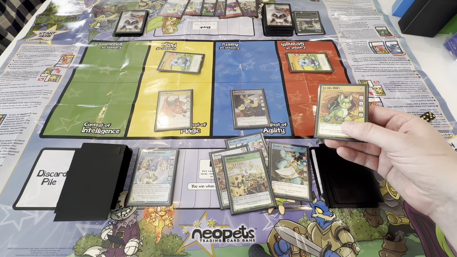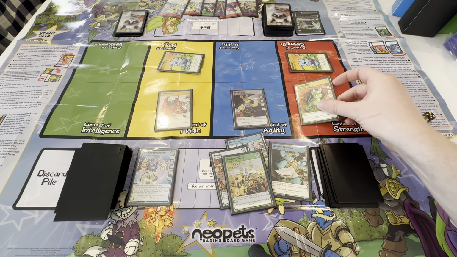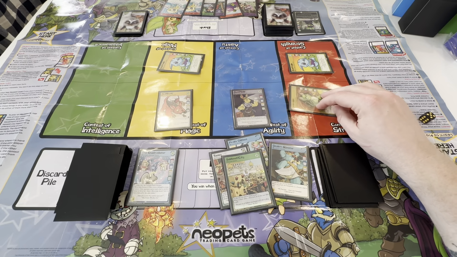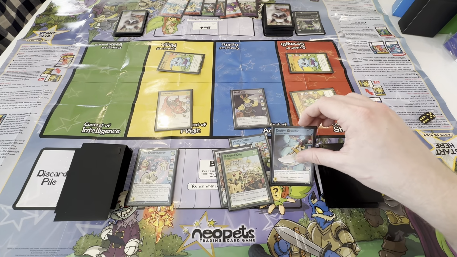Okay, he comes out. He is not great at strength, but I think I want to contest you in strength, maybe. So he comes in tapped. I think what I'm going to do is I'm going to play this desert...